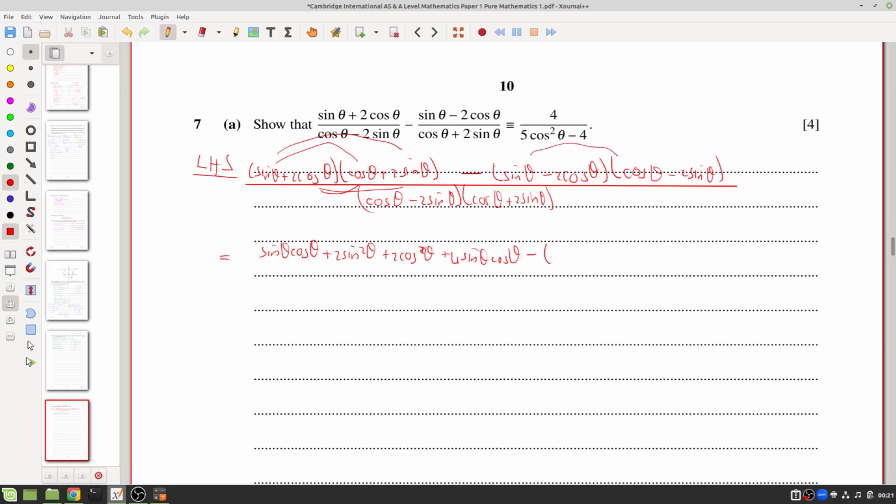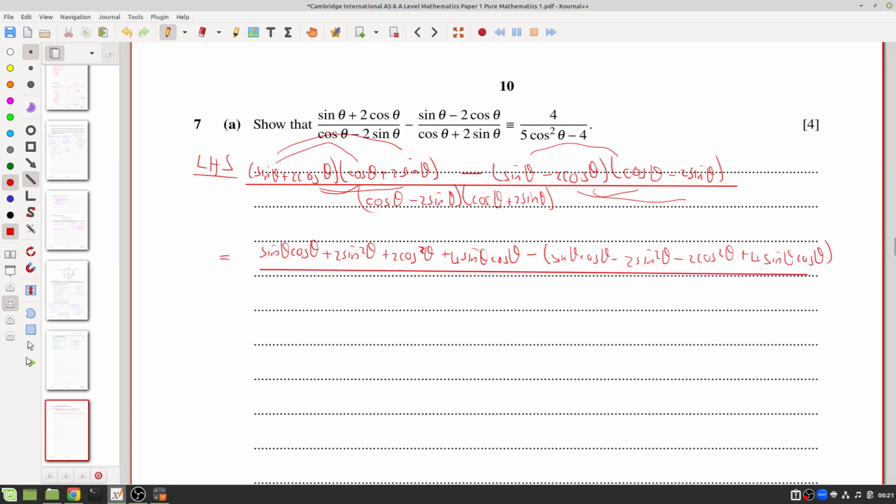Okay, sine times cos is sine theta cos theta. Then sine times sine, so minus 2 sine squared theta. Then this times this is minus 2 cos squared theta. And then minus times minus is plus 4 sine theta cos theta. Okay,